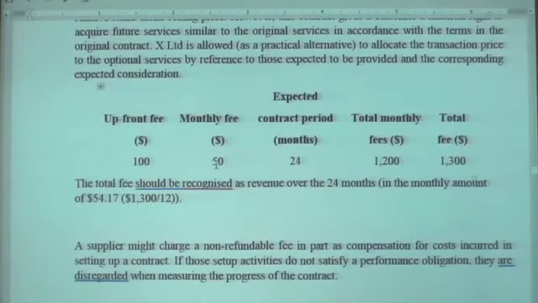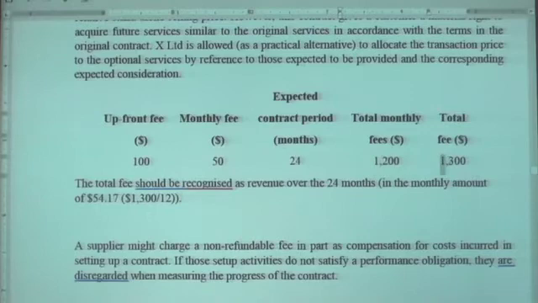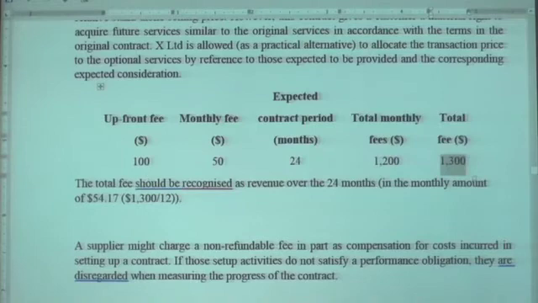This is the monthly fee. They will join, assume, for 2 years, 24 months. Clear? Then total monthly income will be 1200. With this 100 it will be 1300. Clear? The total fee should be recognized over 24 months, therefore 1300 will be divided by 24 months. Is that clear? Then once you allow them to renew for next year, that upfront fee 100 should be recognized not only over 1 year, but over 2 years.